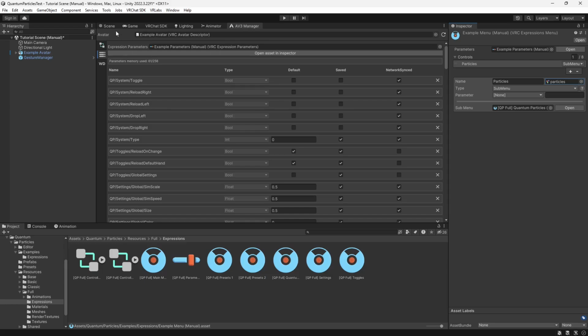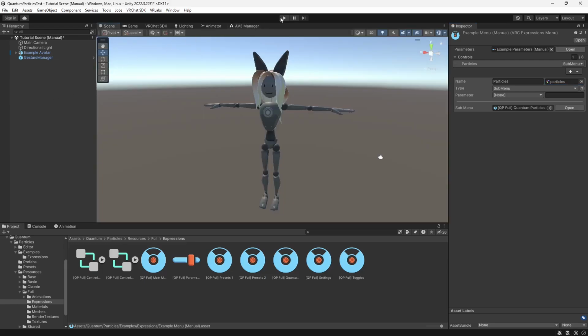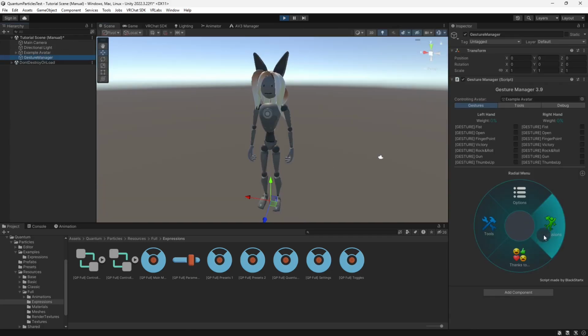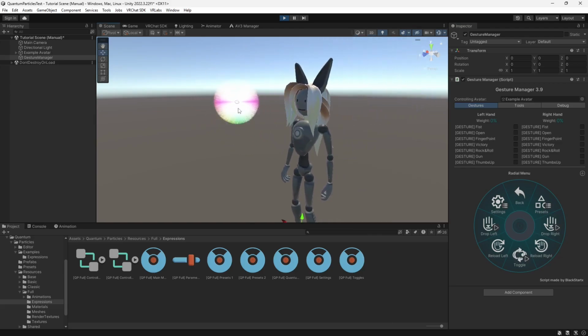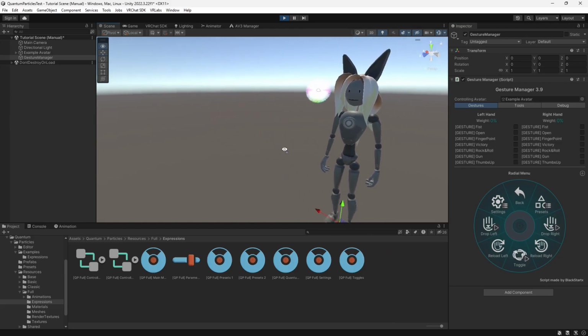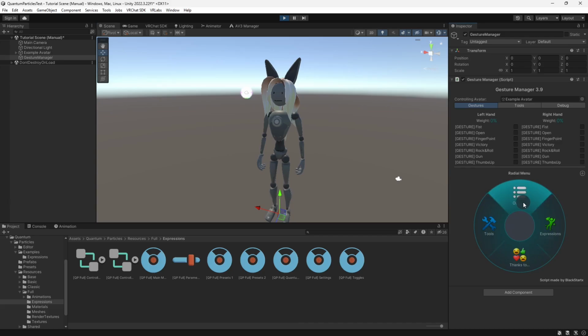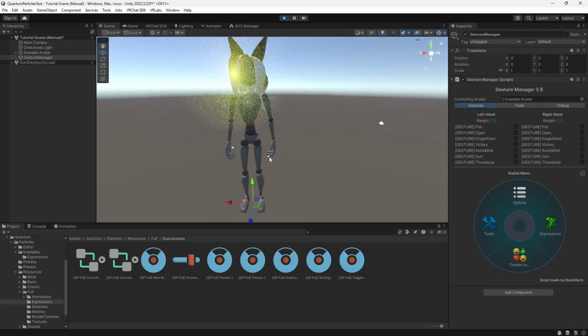And that should be it for the setup. Now when we test it, we can go to Gesture Manager, we can turn them on. You see the position of the attractor is right here where we put it. We can also switch over to VR mode, and they should slowly be getting attracted to our attractors here on